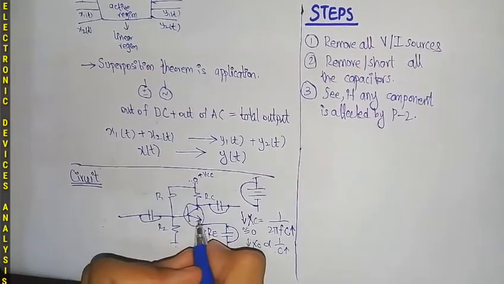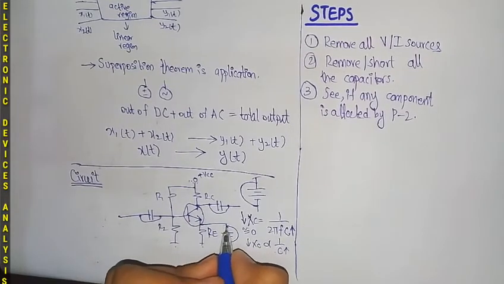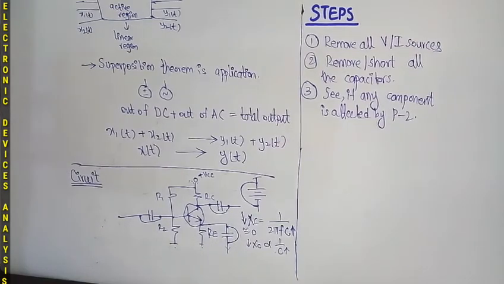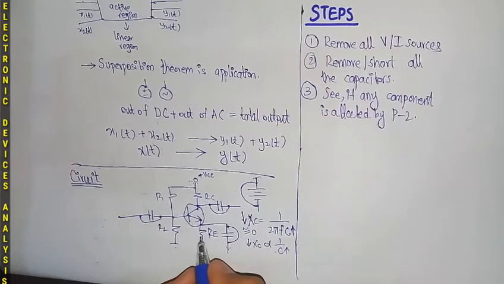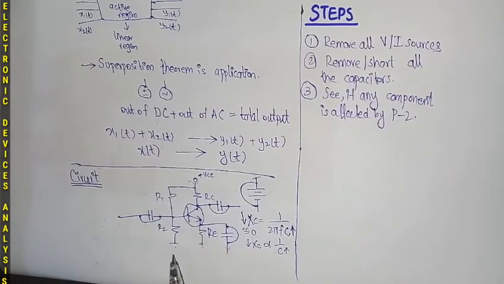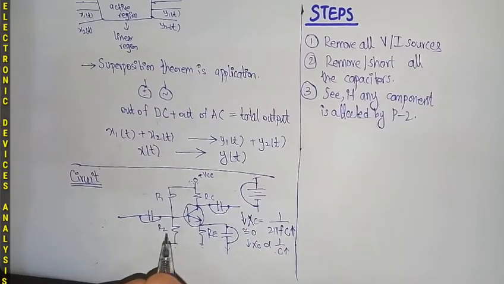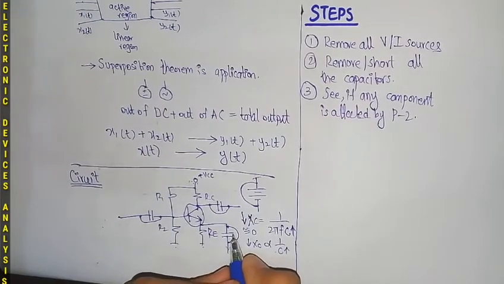Because you know that if a current flows from there, all of the current will flow through this capacitor branch, because now it is behaving like a short circuit wire and it has minimum resistance. So current always takes the path which has the minimum resistance. Therefore no current will flow through the RE branch. So therefore it is affected by the shorting of this capacitor.